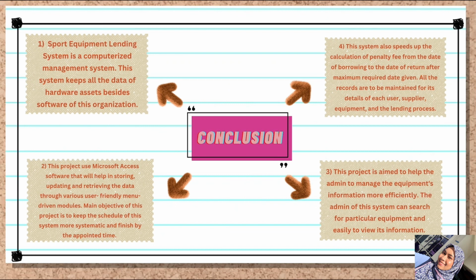All the records are to be maintained for each detail for each user, supplier, equipment and the landing process. All these details were entered and retrieved manually. And because of this, there are many disadvantages like time-consuming updating process and also inaccuracy of data. To avoid this, we propose a new system, a computerized version of the existing system, which provides easy and quick